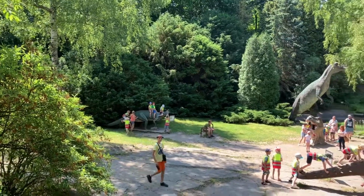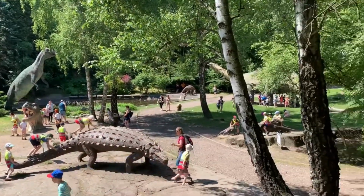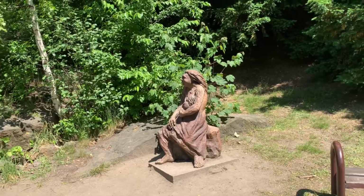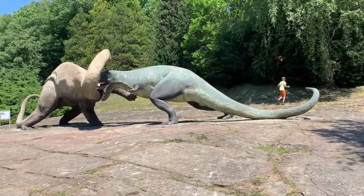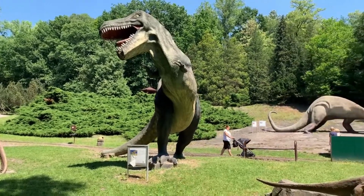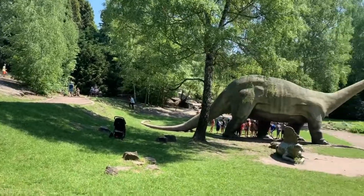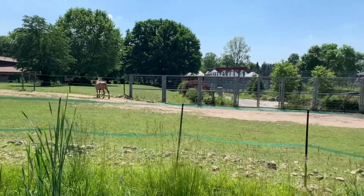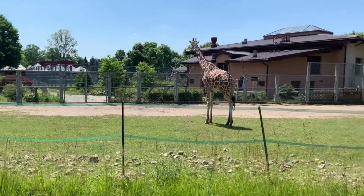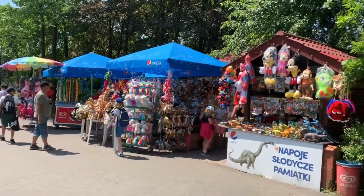And the dinosaur park includes 16 full-scale reconstructions, and these are actually based on findings from a Polish expedition to the Gobi Desert. So it just adds a little bit of flavour there. I'd say it probably takes at least an hour to walk around, maybe a little bit longer, depending on how much focus you want. I think the entrance fee wasn't too bad, maybe about 20, 25 zloty. So if you like animals and it's a nice, lovely sunny day, I would definitely recommend having a